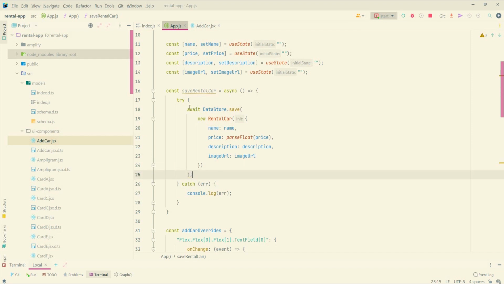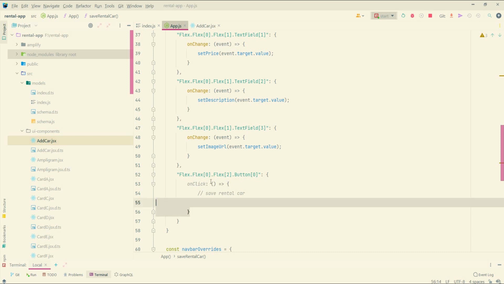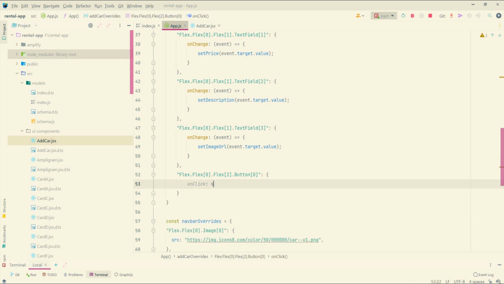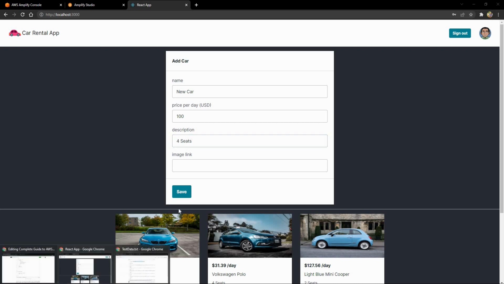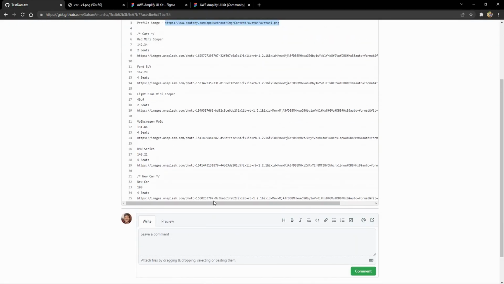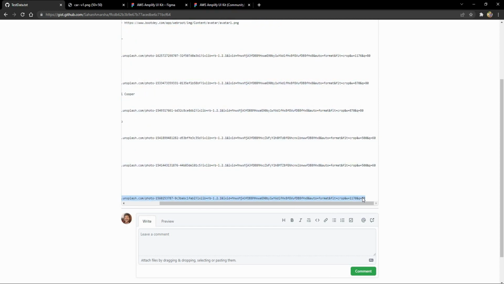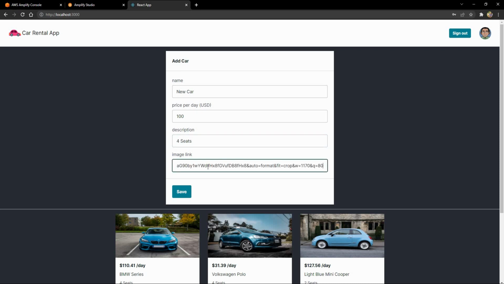And we need to call the save rental car when the button is clicked. So let's just pass that reference here. Save rental car. Now if we save and test this out, let's just add a name, new car, and price into 100. And let's set a description like 4 seats. And for the image URL, let's just copy this. And if we click save,